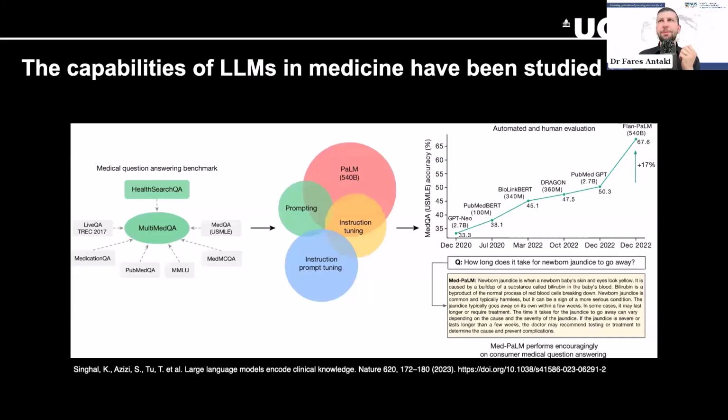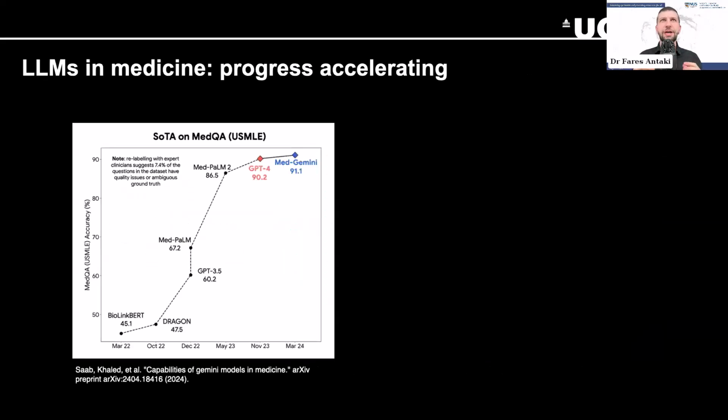So they describe Med-PaLM at the time, which shows significant improvements over past models from 2022 and before, that scored 67.6% on the MedQA, and I think that model they described scored in the 80s. And just very recently, that progress is accelerating. So we go from Med-PaLM at 67.2, Med-PaLM 2 at 86.5, GPT-4 at 90.2, and then